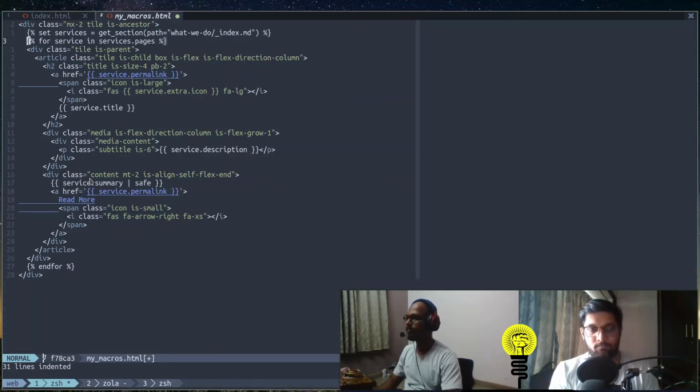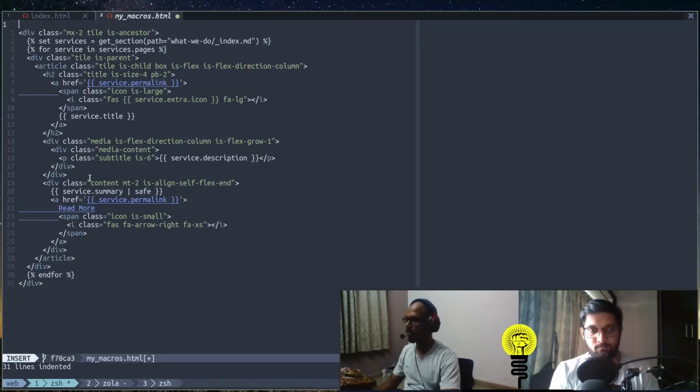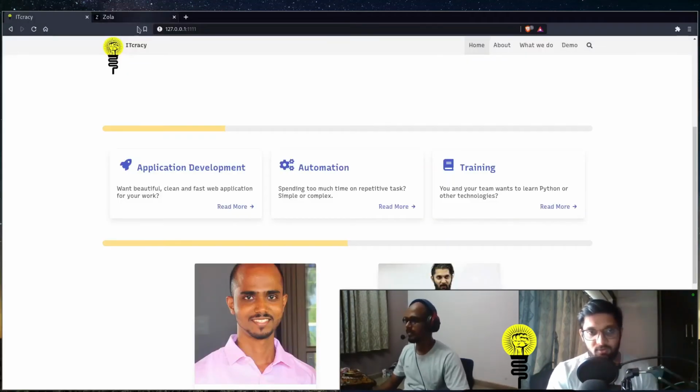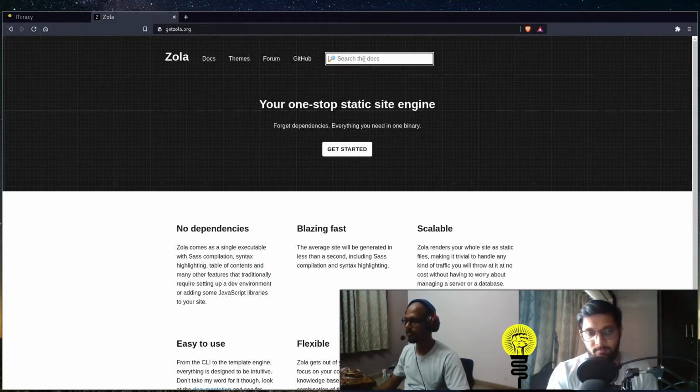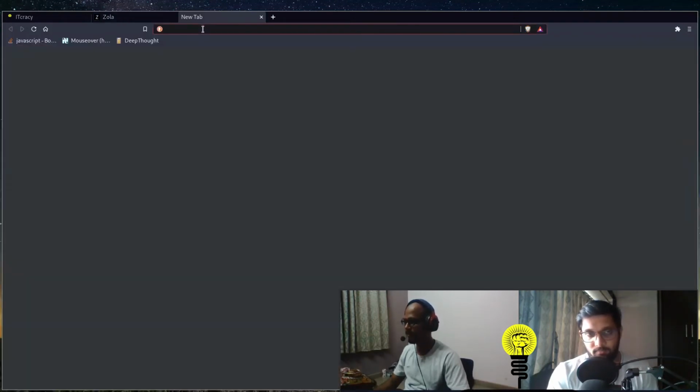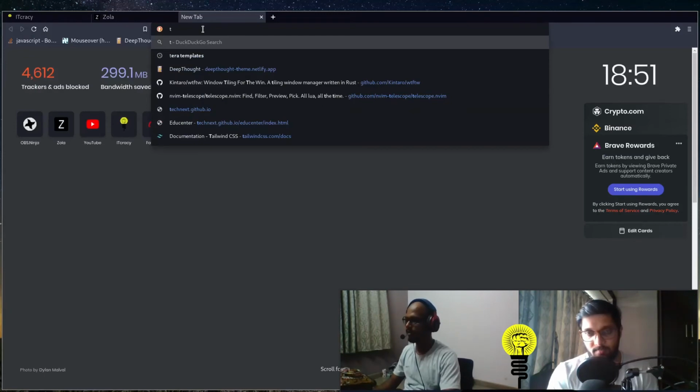So first we have to create a macro, and to do that you have to define the macro name. The same syntax, curly braces, and inside you use two percent signs and write the thing between. So we'll say macro, what was the syntax, macro equals to or something, Ishan? I think it is on getzola.org as well. You can go to Zola, and I think it is part of Tera. So you have to write Tera macros.